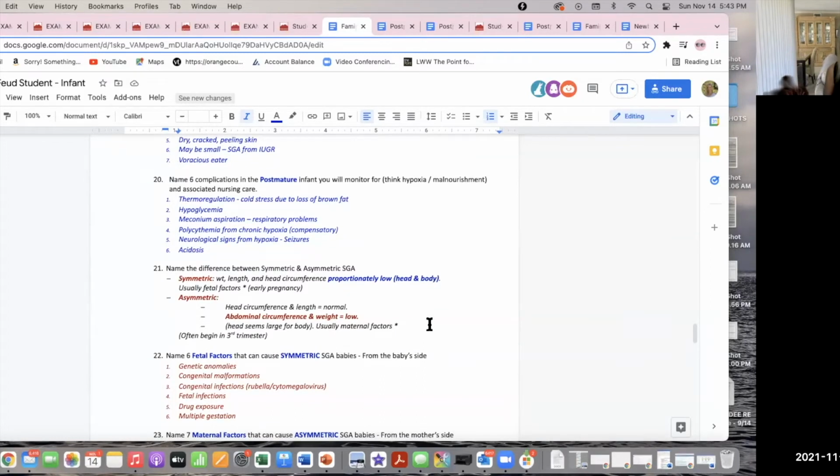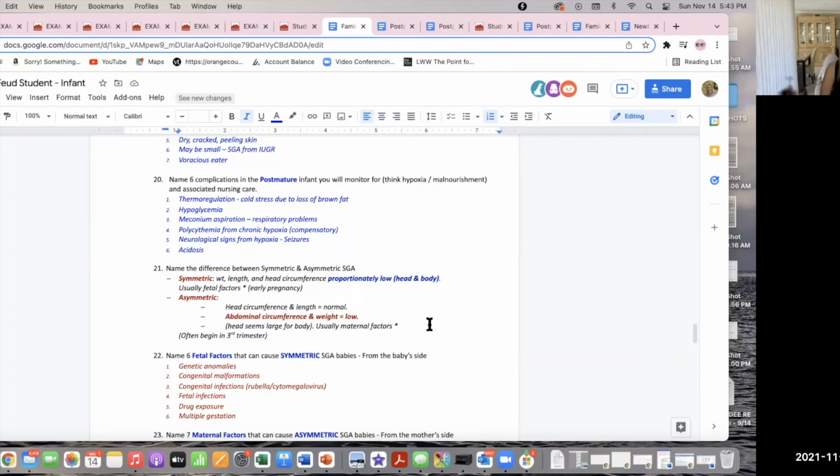What will you monitor? What complications? Well, thermal regulation. They'd be cold because they've lost weight, and they've lost their brown fat. Brown fat is that vascular fat that keeps them well insulated. And that is the first thing that starts being oxidized if they are in an increased metabolic state, a stressed state. And then, of course, the glucose,